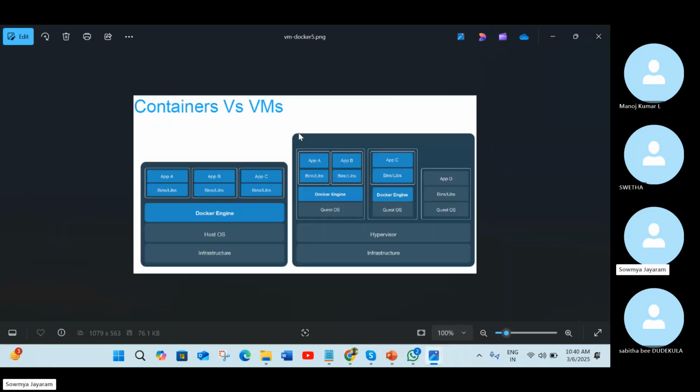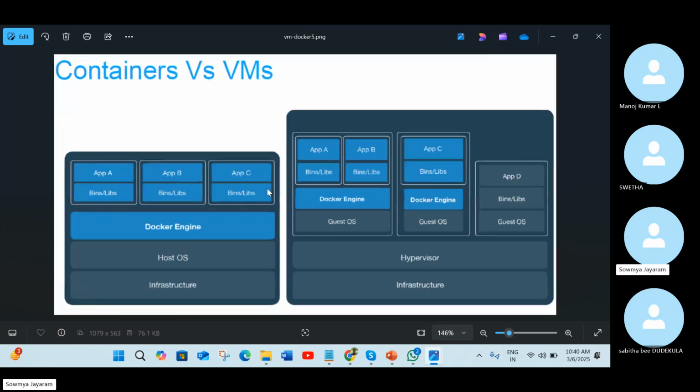So you can see that container versus VM. As I already told before, we have a virtual machine to run an application. So why are we going to container? Here is a very neat explanation for you with a comparison of the diagram. Here you will be having a container. This is a container-based deployment. And this is a virtual machine, so it's a VM-based deployment.